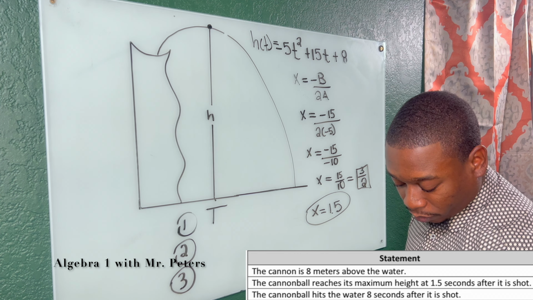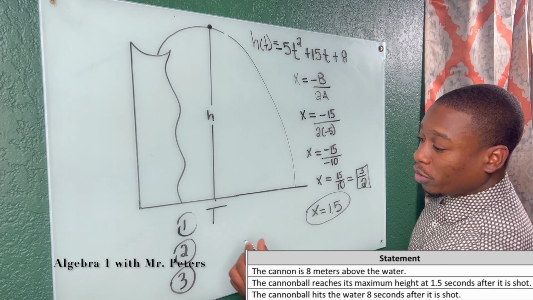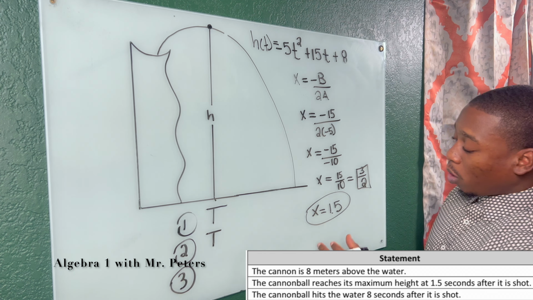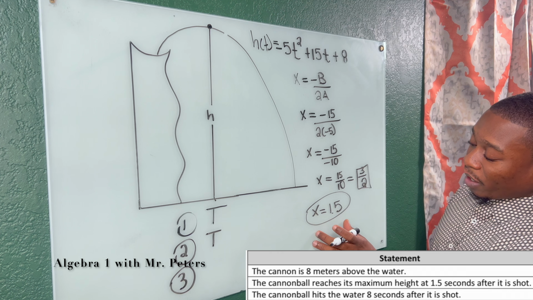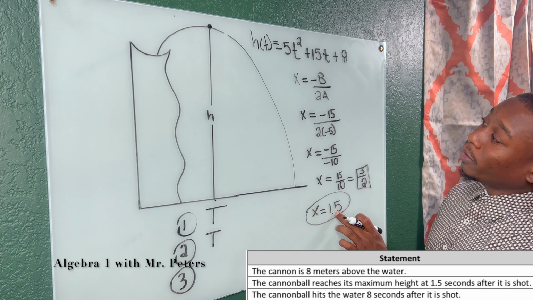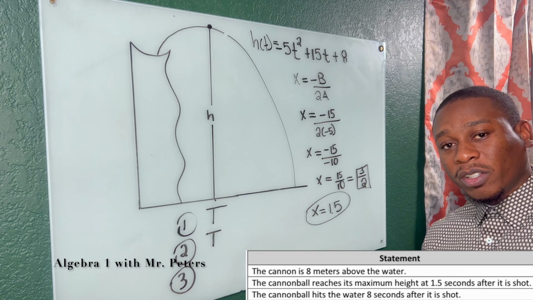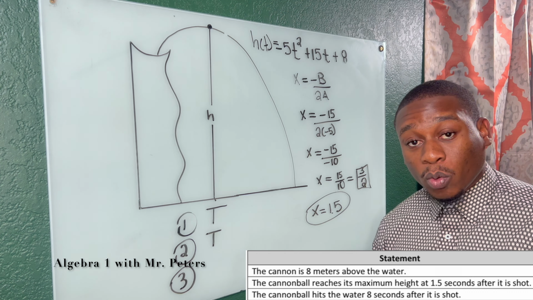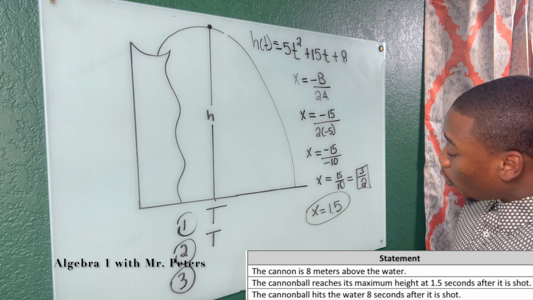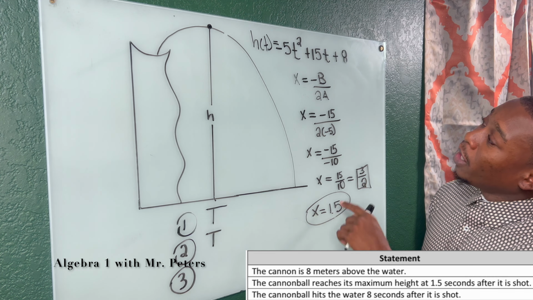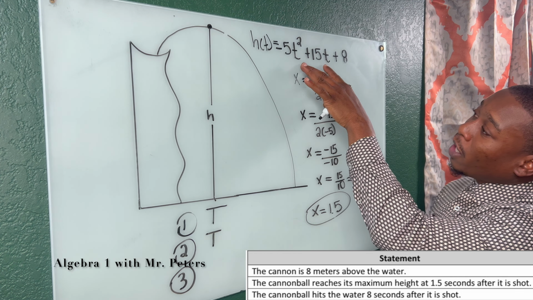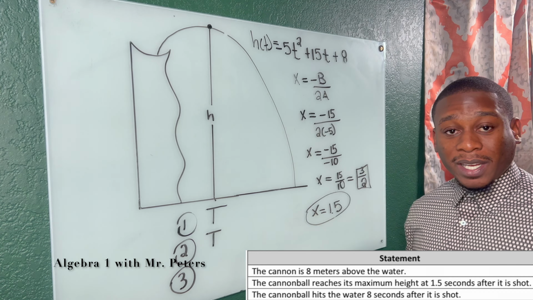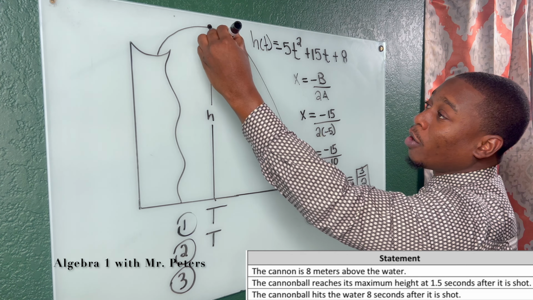Okay? So this would also be true. So at 1.5 seconds, right, when we plug 1.5 in for t, the ball is going to reach its highest point. And if we wanted to figure out exactly what that highest point is, we would take 1.5 and we will plug it in for t, and then whatever our answer is,